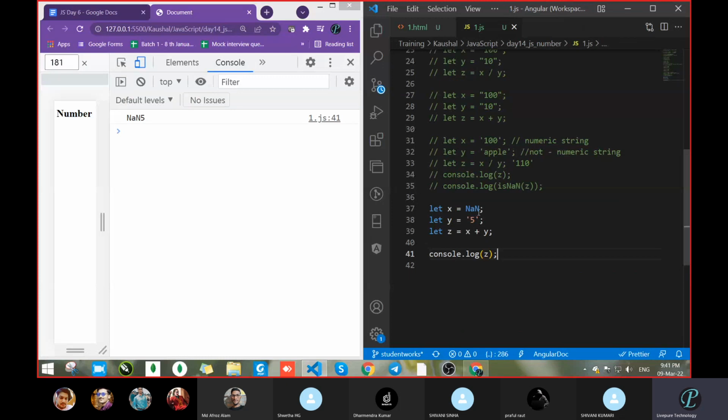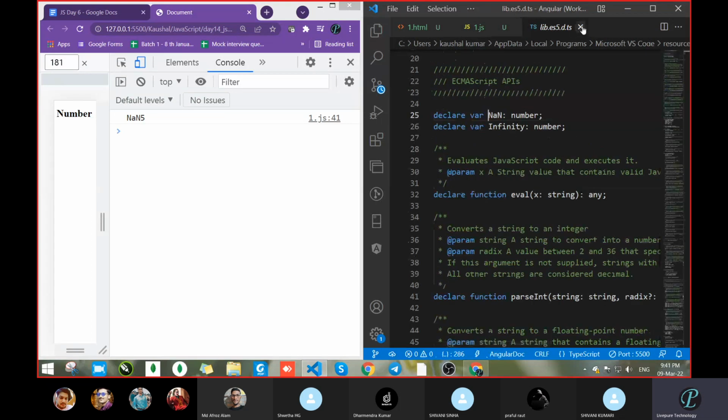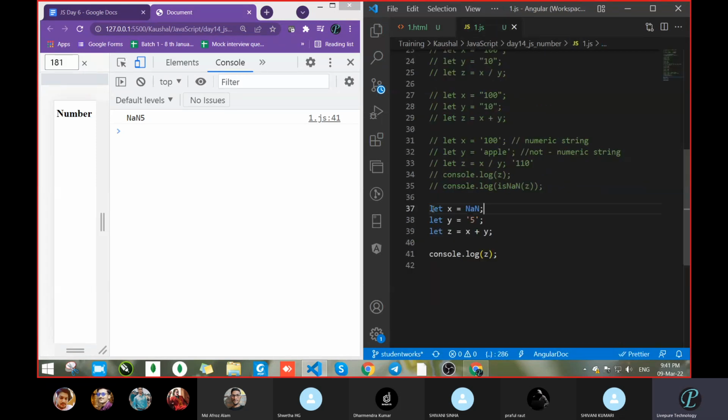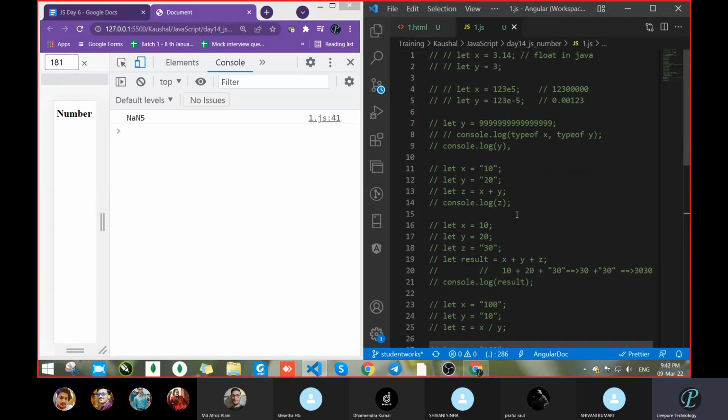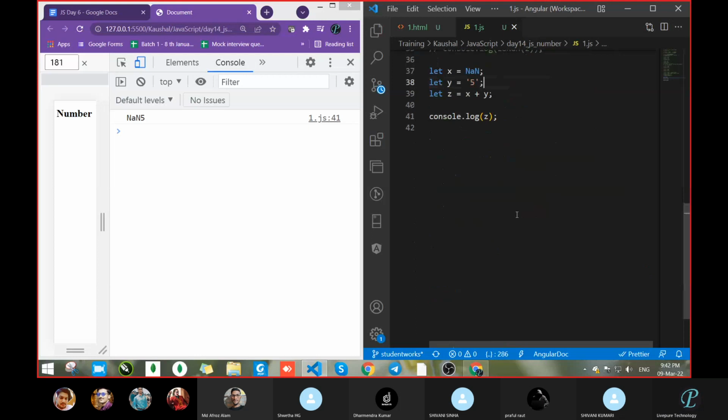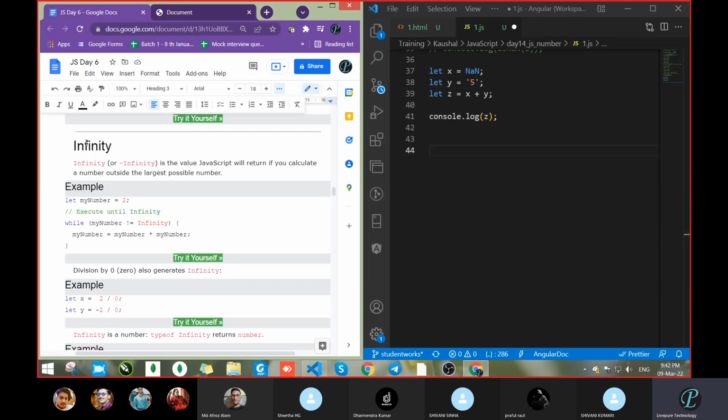Press Control and click here, or it will automatically open from the library. In the method case, you will get it. If you want more information, you can go and check there.